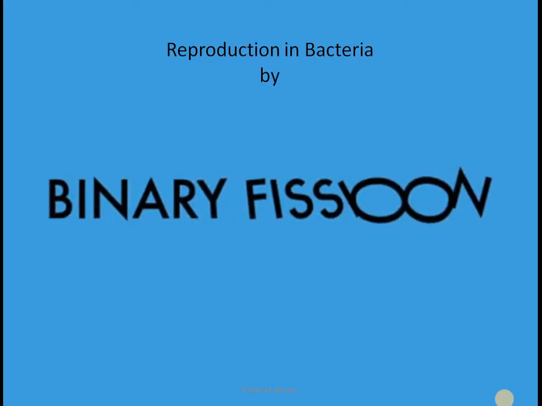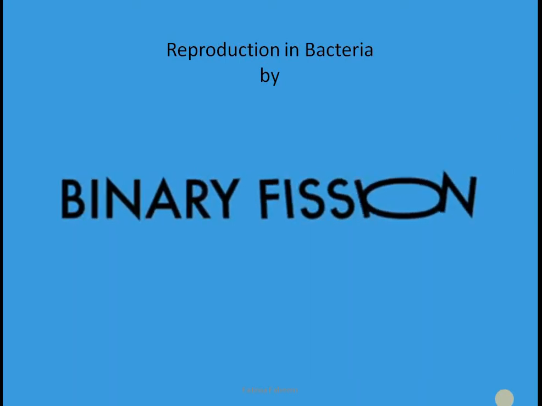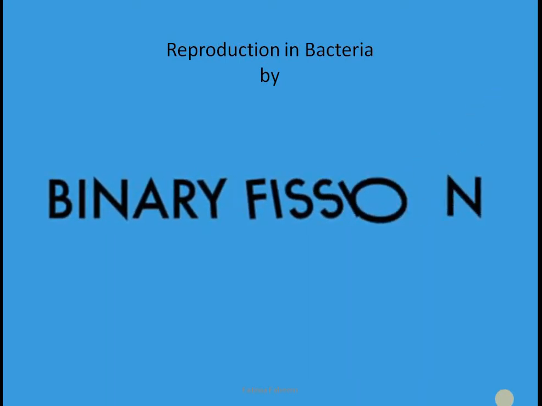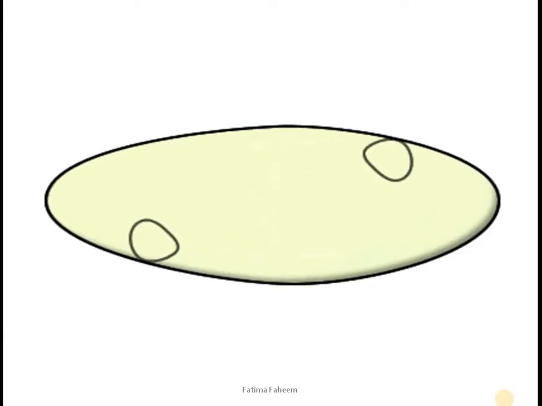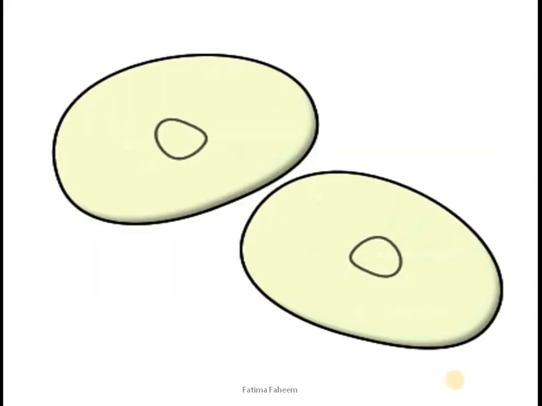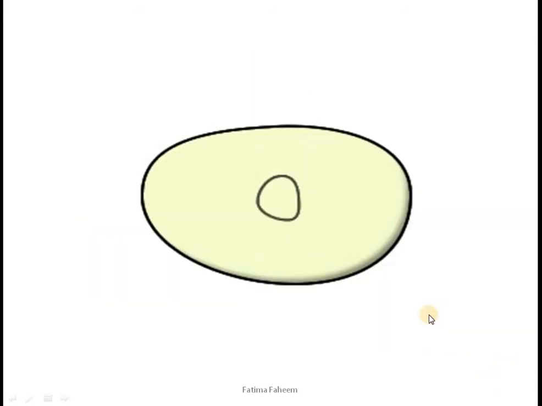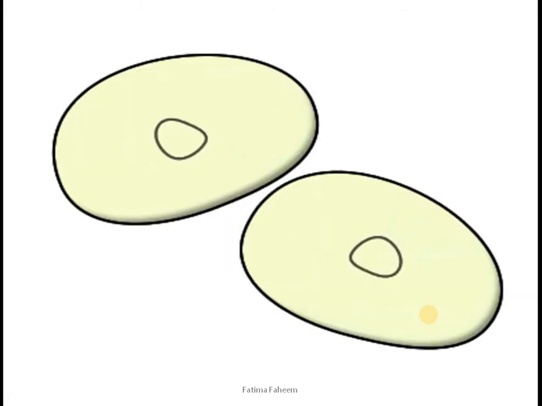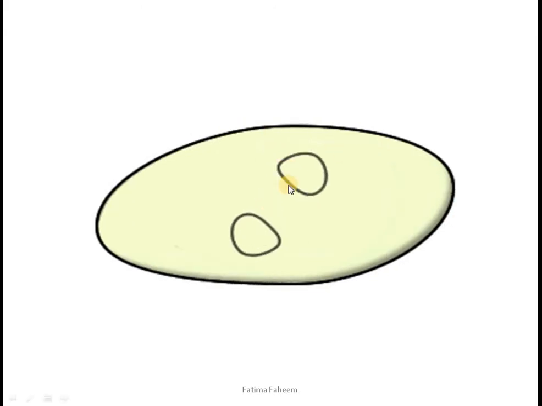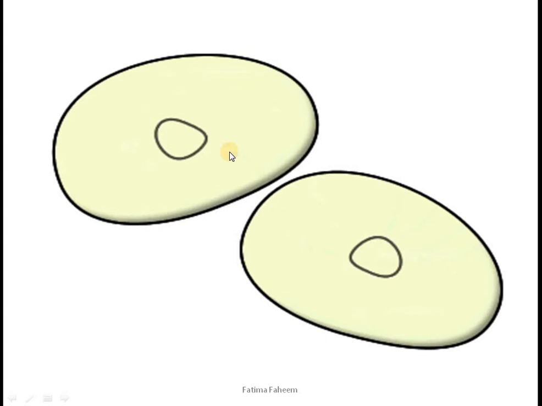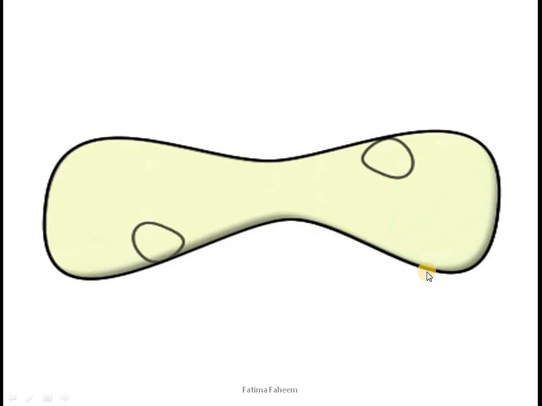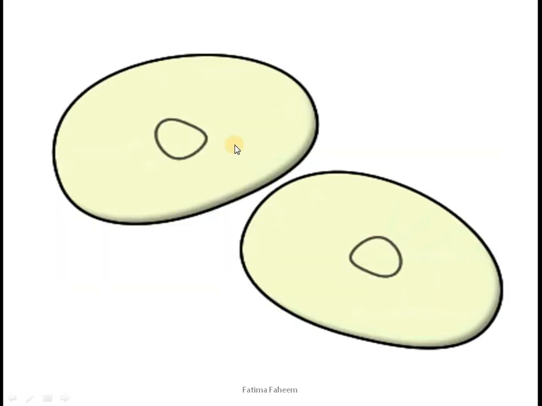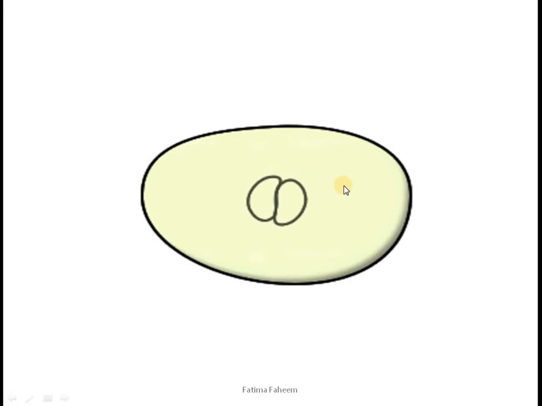The reproduction in bacteria, like I told you in the previous slide, is by binary fission, or asexual reproduction. What happens here is that the parent cell simply divides into two. The offspring which is formed is an identical copy of its parent. It's a clone of its parent. Nothing changes genetically in the daughter cell. First, the genetic material divides and the cell divides later, giving rise to a whole new cell which is genetically identical to the parent cell. So this is a very simple process of reproduction.